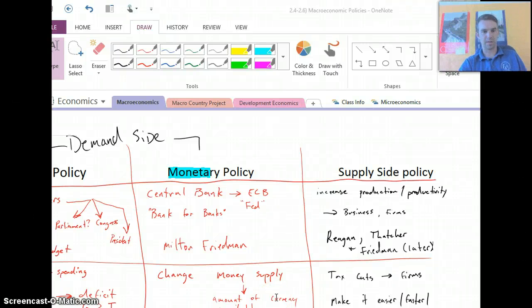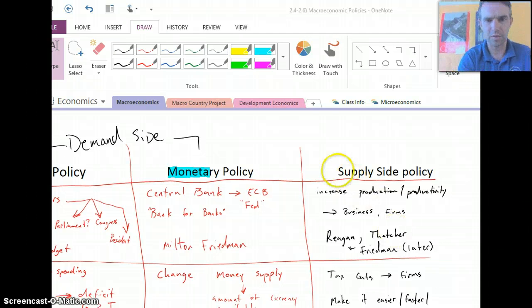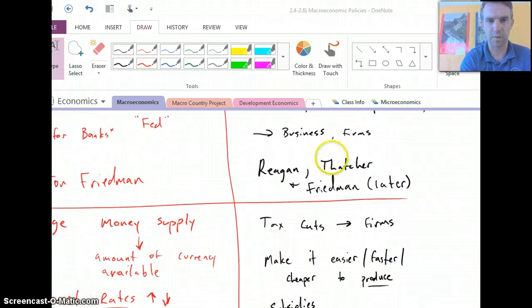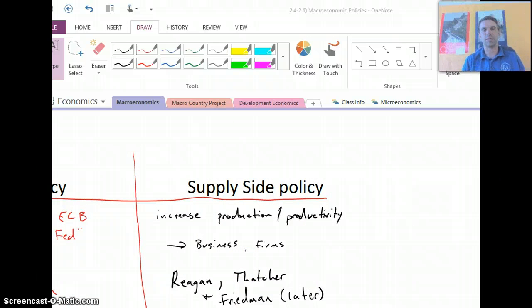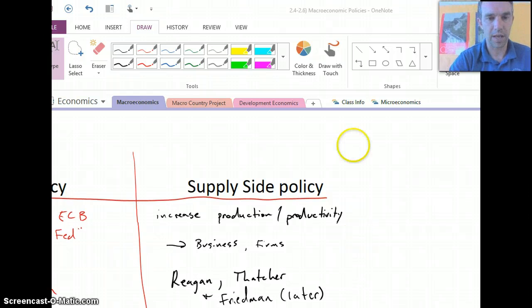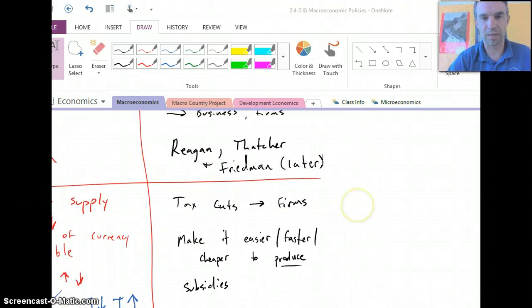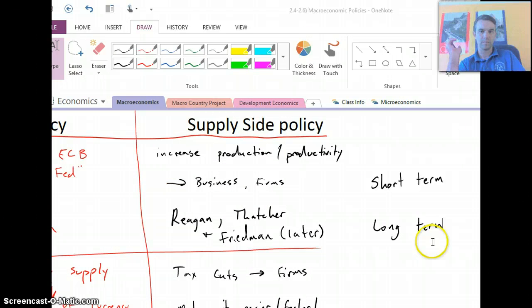Okay, guys, today we're going to talk about supply side policy. And just to revisit some of the things that we said earlier, remember the goal of supply side policy is to increase production in an economy and to increase the quality and the quantity of factors of production. So, as we're doing that, you have to remember that there can be a significant difference in the short-term and